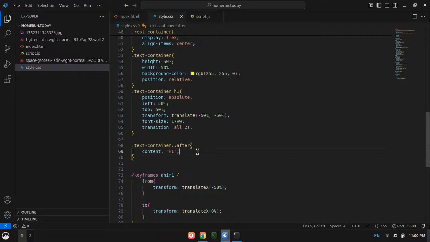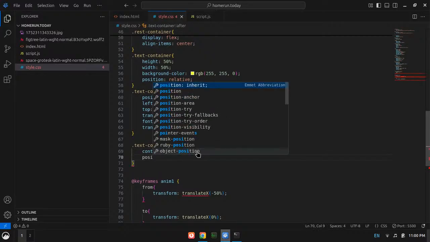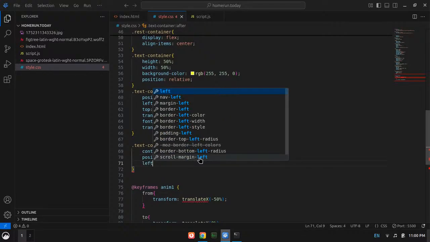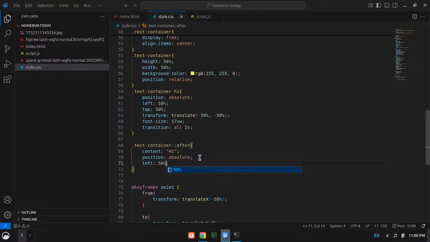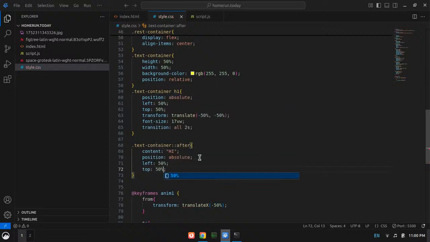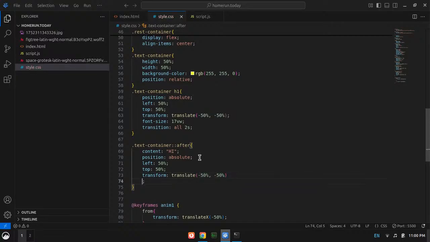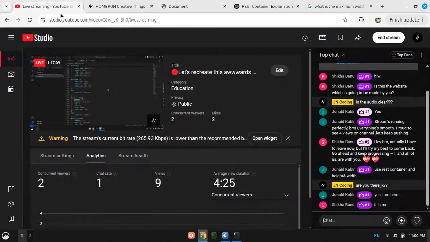Then it will be positioned absolute, left 50%, top 50%, transform translate minus 50%, minus 50%. Okay, it works, right? Yep, it works.